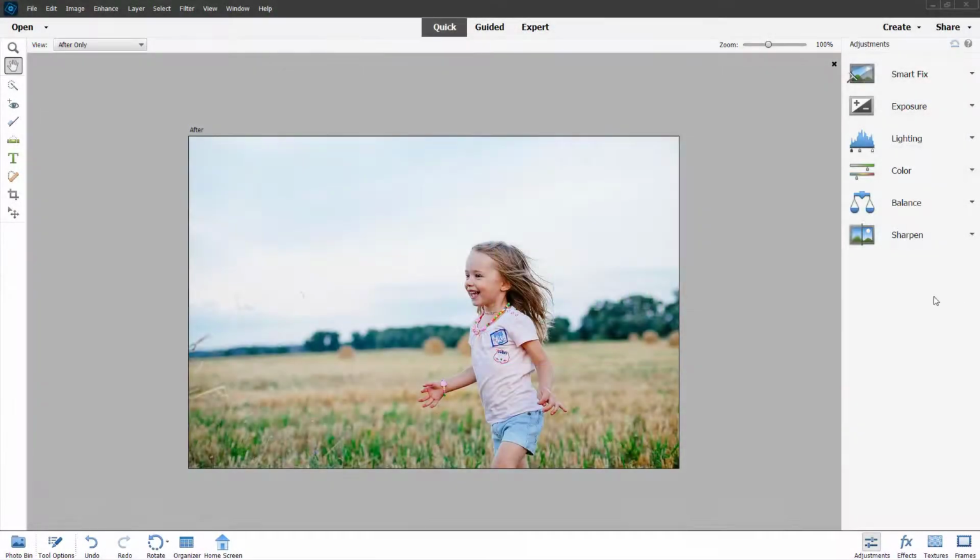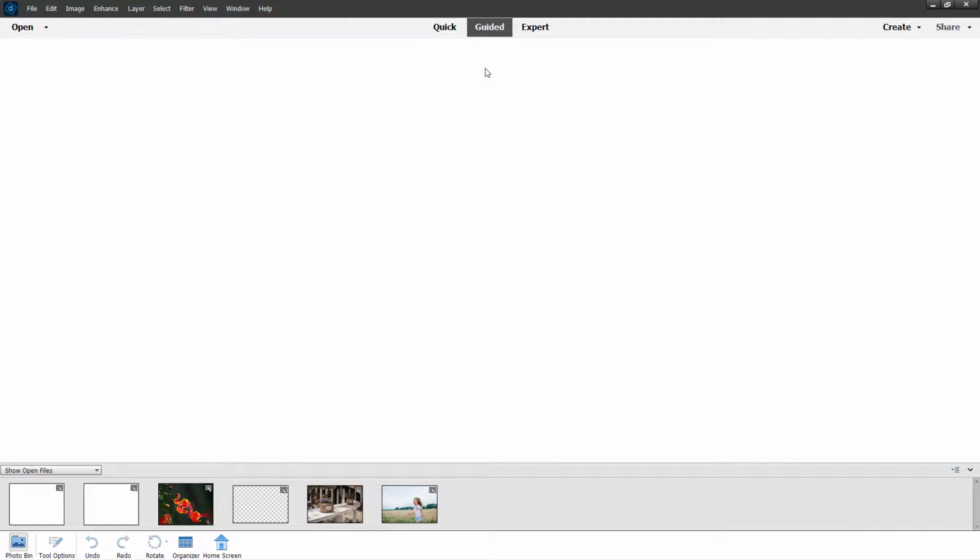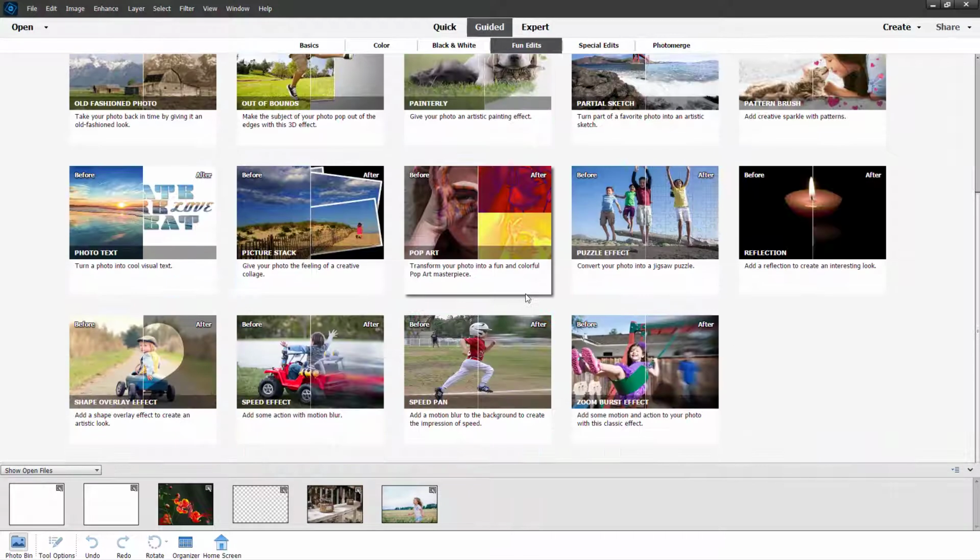So over here you can see that I have a picture, and now let's see how we can apply the guided speed effect inside of this picture right here. To do that, I'm going to go onto the guided mode right here. And once I do that, if you scroll down, you can see that speed effect is an